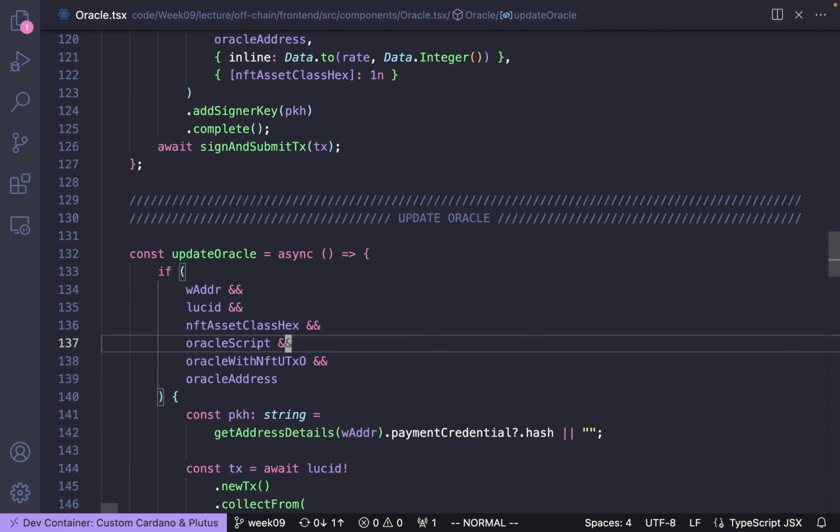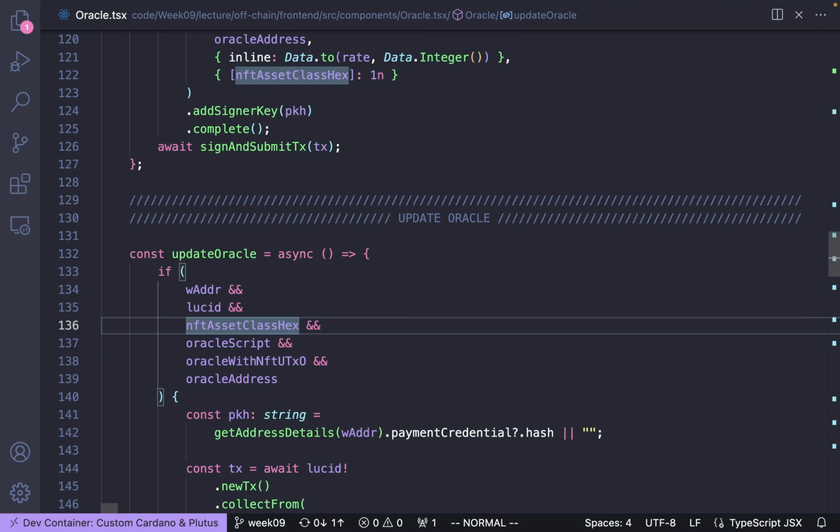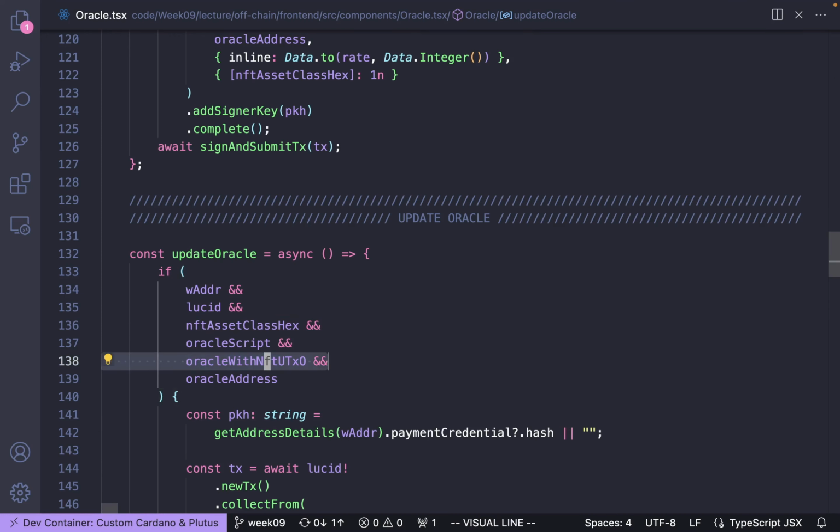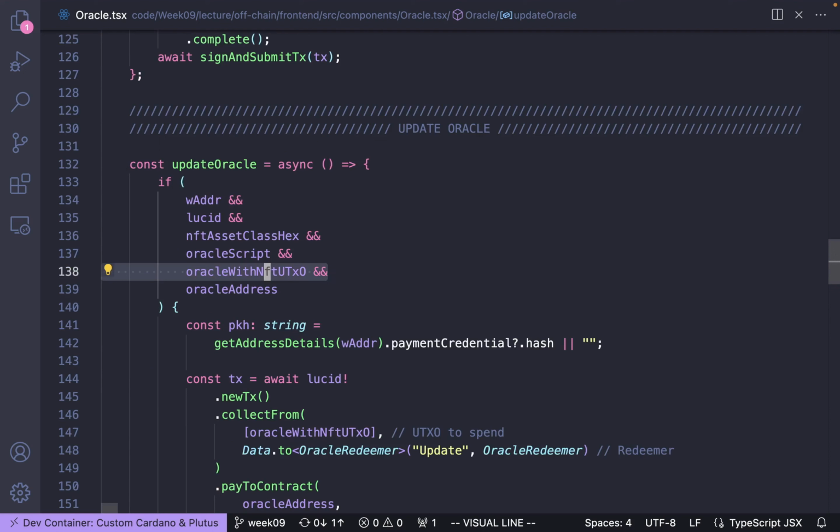we have to make sure that we already have the Oracle script. We cannot update it without having the script because we need the script to deploy it the first time. We also need to have the NFT asset class and the actual UTXO that contains the NFT of the Oracle and the address. If you're curious how we got this Oracle NFT in the first place, I created a